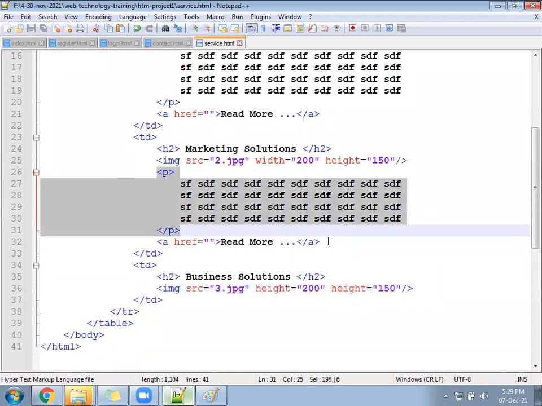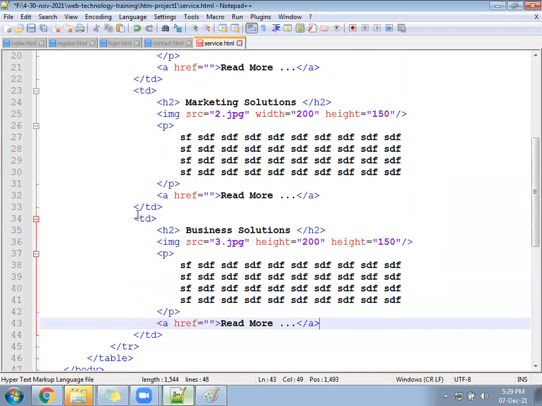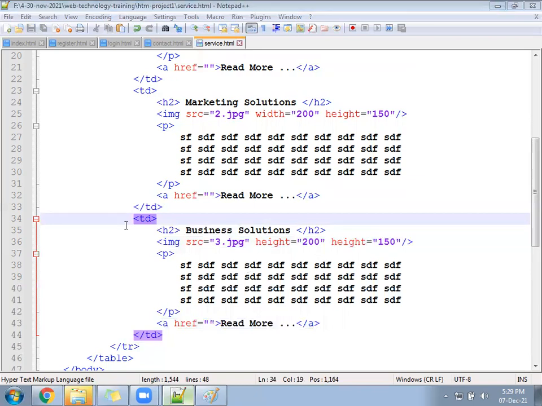Then add one more read more. Total 3 columns will occupy the 90% of the area, equally distributed. Text will break the line automatically.